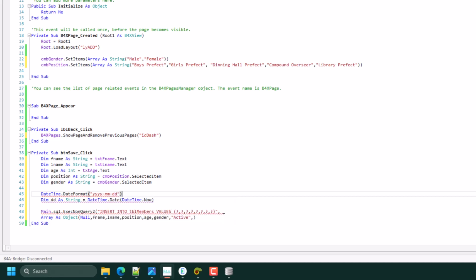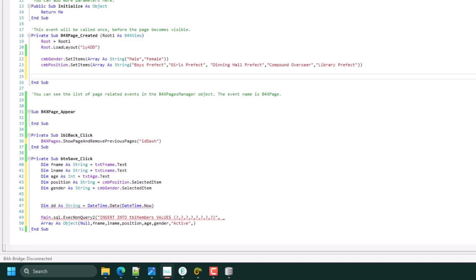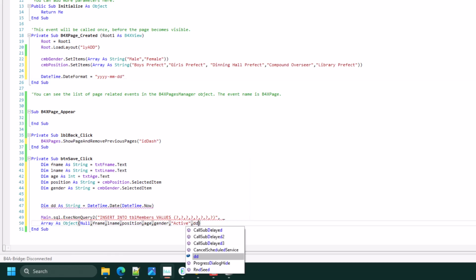Want it in this format. You can move the date format to the created sub. It's supposed to be equals to, okay. So dd, so add the dd here. I think one question bracket. So okay.